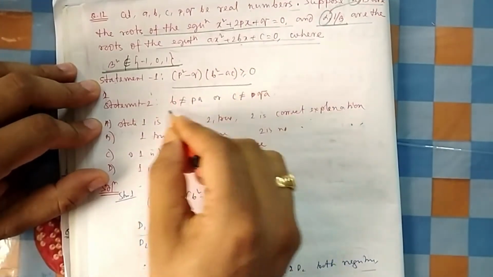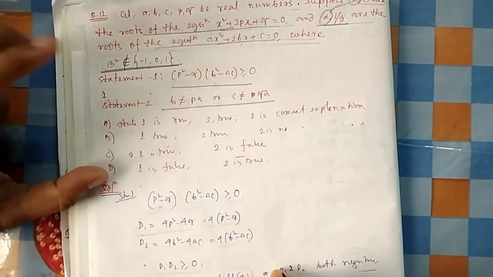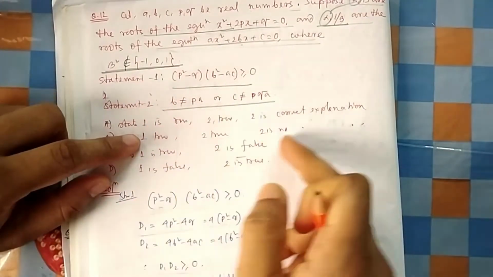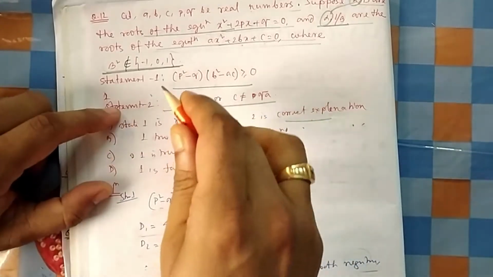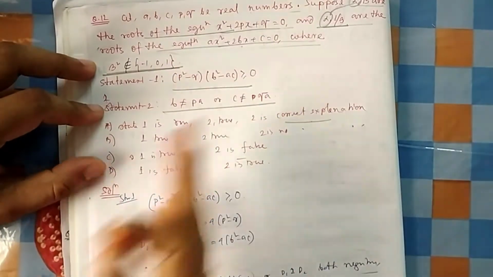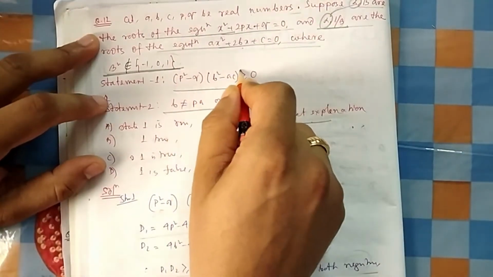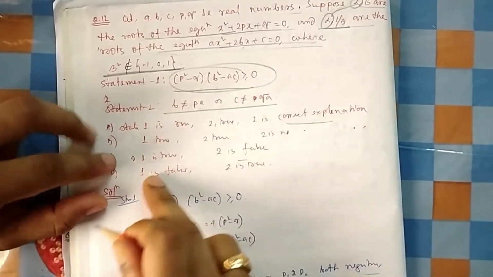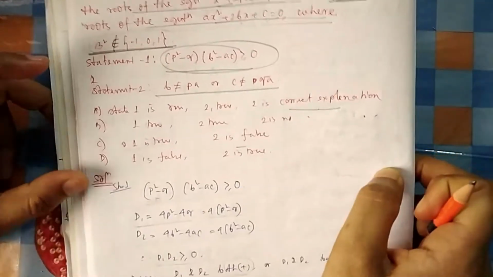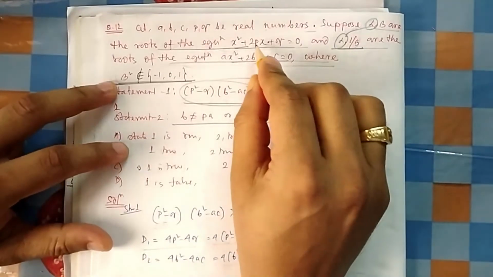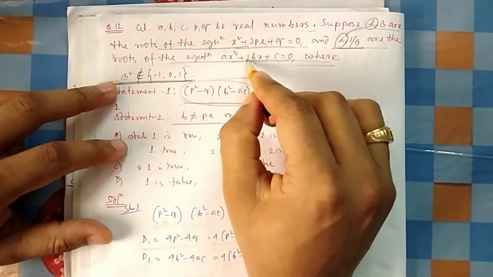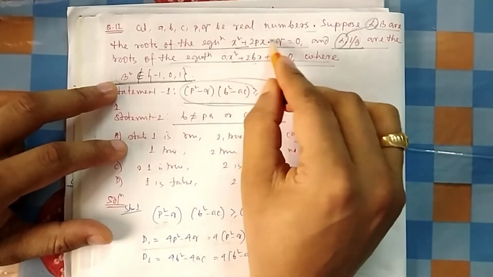Now if you see the statements, these are assertion and reasoning type statements. You have to check whether statements 1 and 2 are both true or not. If both are true, then you also have to check whether 2 is a correct explanation of 1, in the same direction or not. So you start with statement 1. If statement 1 is wrong, then you can directly say B is the answer. So if you check statement 1, what they have given is p square minus q. Now where is p square minus q coming from? It is b square minus ac. So these are nothing but b square minus ac, all these are discriminants.